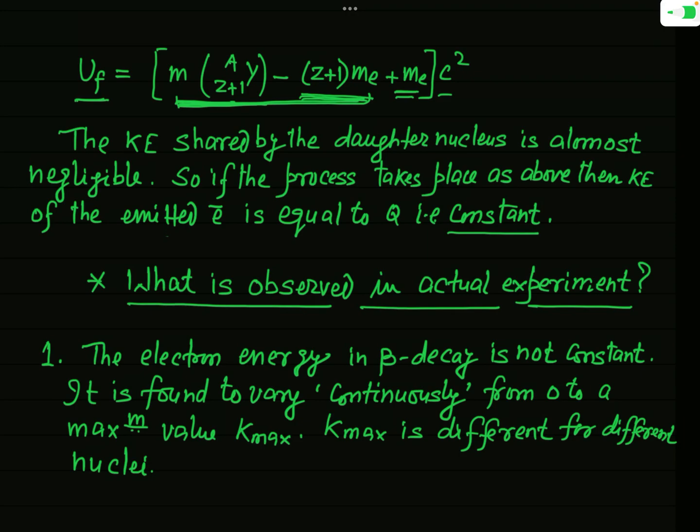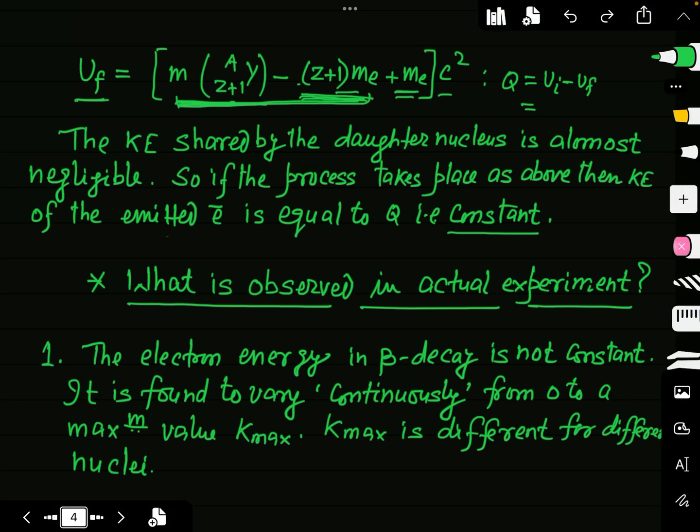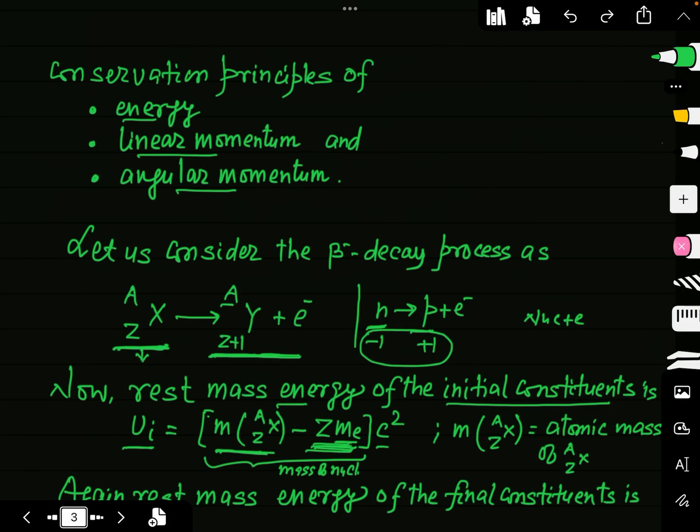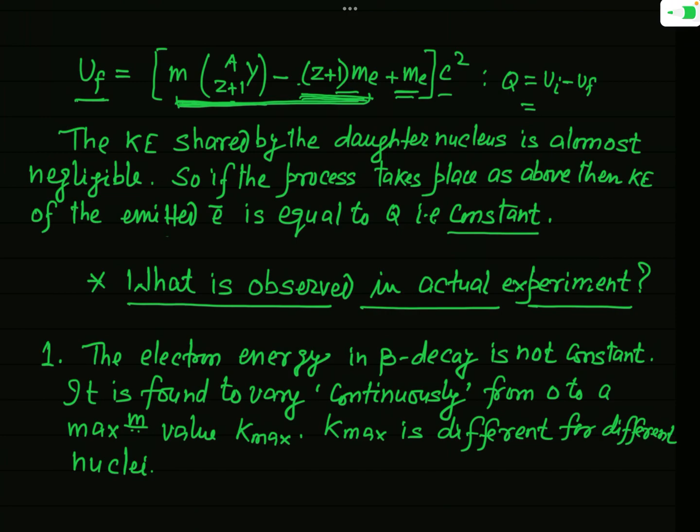So I have not mentioned it here, but you can see that this Q will be equal to what? This will be Ui minus Uf. When you subtract this Ui minus Uf, you can see here this Me will be cancelled by this minus Me, and there will be minus Zme here, and in the expression of Ui there is minus Zme. So when you subtract, this mass of the electron will cancel out, and Ui minus Uf will be simply equal to m of